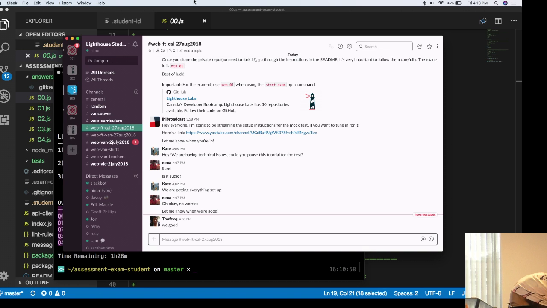Did you open up in Sublime or something? No, I'm trying to open up in VS Code. But I can't. In VS Code, let's open up the, you can go file, open, let's open the entire folder. And here's your .student ID. Oh, there you go. Now you're getting 400? Oh, that's because you've already run the thing.